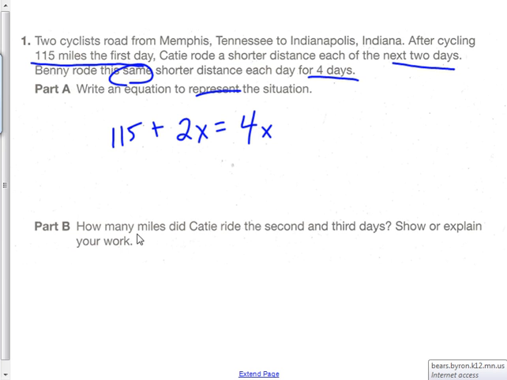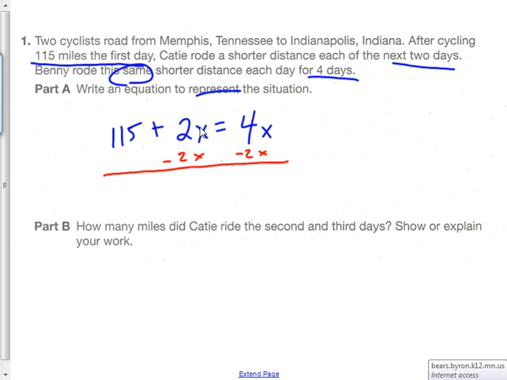So part B says how many miles did Katie ride the second and third days? Show and explain your work. So basically what that means, we have to solve for x. So that's what Katie rode the second and third days. It's also what Benny rode for all 4 days. So I'll go ahead and switch colors here. Let's subtract 2x from both sides,